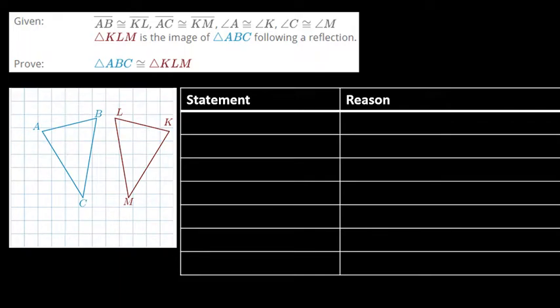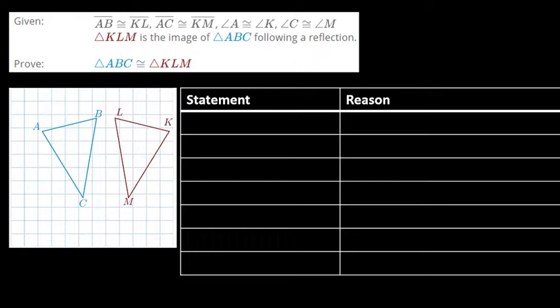Let's talk about Lesson 7, Activity 3, Question 8. We're asked to complete a proof, and we're given that line AB is congruent to KL, line AC is congruent to line KM, angle A is congruent to angle K, angle C is congruent to angle M. Triangle KLM is the image of triangle ABC following a reflection, and we're asked to prove that triangle ABC is